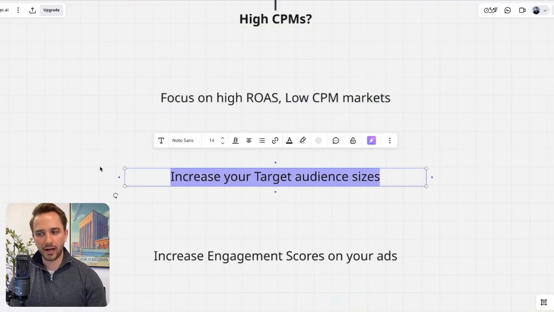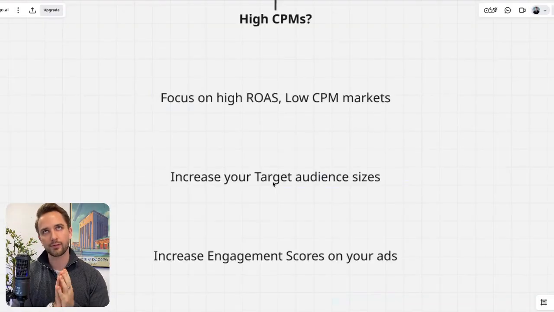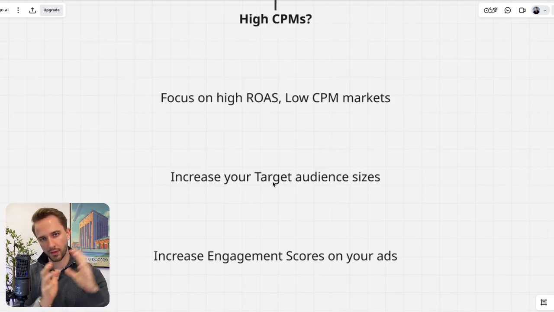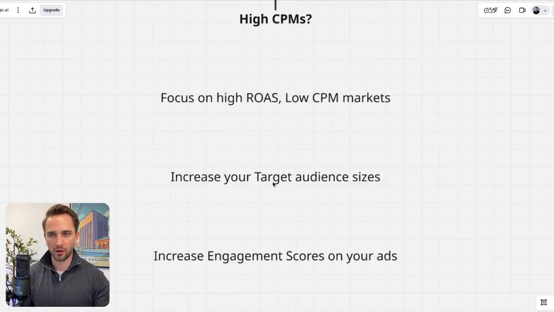Then increasing your target audience size is another vector you can attack. So the smaller the audience size, the harder it will be for the Facebook algorithm to find other pockets of audiences within that audience that might be a bit less competed against at the moment, and you have higher conversion probabilities on those, right? Now note, it takes a lot of data on your pixel and in the ad account to sort of make larger audiences work. That's even true in the Andromeda update, I have to say. So if you have more than, let's say, 200, 300 purchases tracked on your pixel and you're advertising for a couple of weeks already, you can try to increase the audience size.